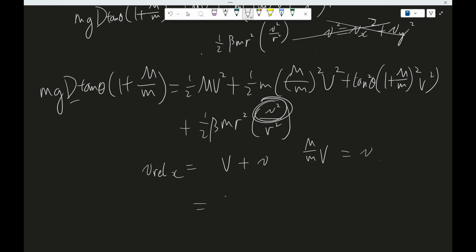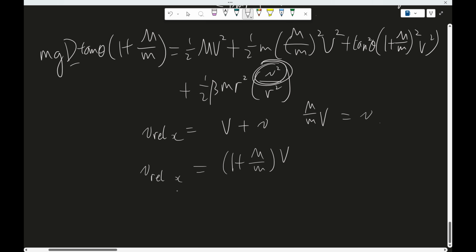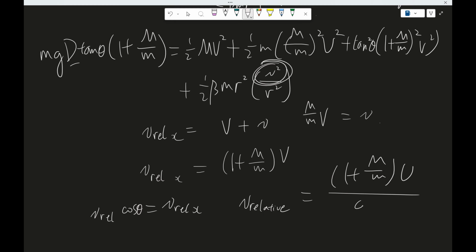And so then here we have 1 plus big M over small m times big V, which is the relative velocity along the x direction. And so next, what can we do? We know that the v relative times cosine theta is v relative along the x direction. So then v, the relative velocity, is just 1 plus big M over small m times big V over cosine theta. And so next,